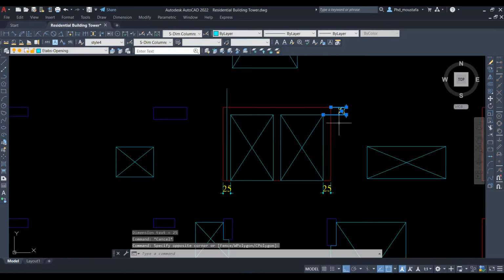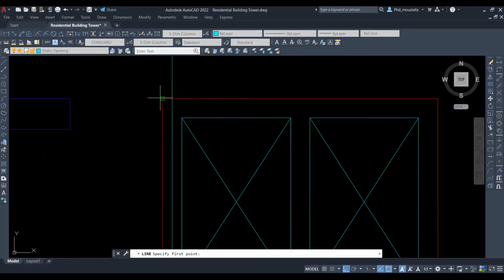So we know now the thickness is 25 centimeter. So I need to draw a line from here to here. Okay, draw another line from here to here,